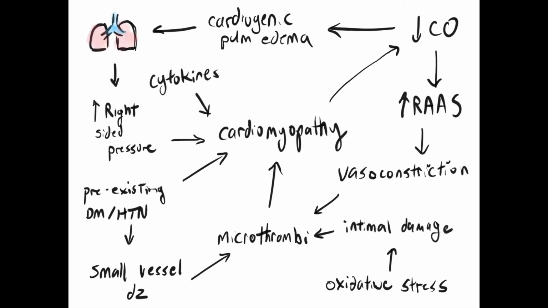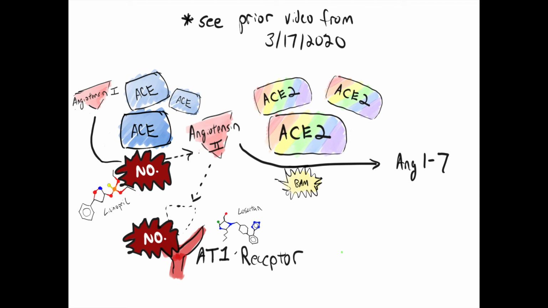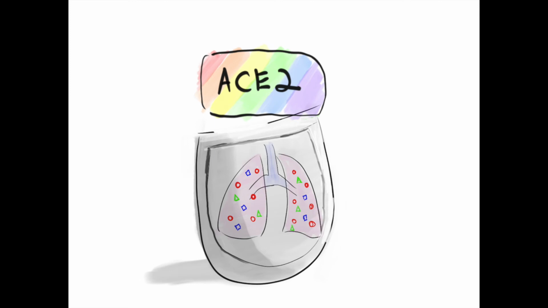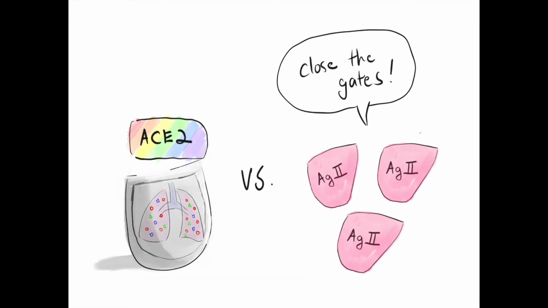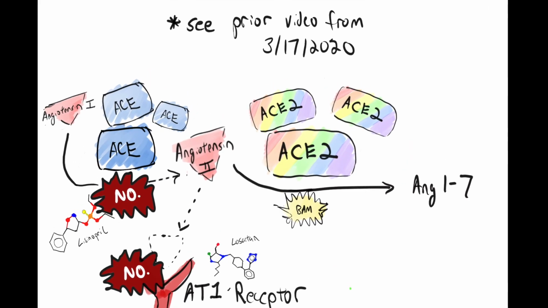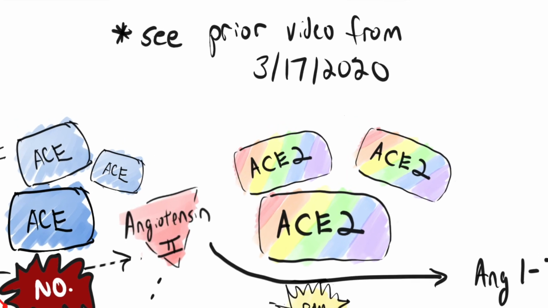There's a trial of losartan to see if RAS blockade for alteration of ACE2-mediated viral cell entry is helpful. Another trial of administered soluble ACE2 to potentially impede viral entry and upregulate the lung protector minor angiotensins. There's also a trial of angiotensin 2 to reduce ACE2 to block viral entry, so this gets very confusing very fast. This is almost exactly the opposite approach, but is paradoxically also plausible. Please watch my prior cartoon about ACEs and ARBs in the context of COVID for a diagram as to why.